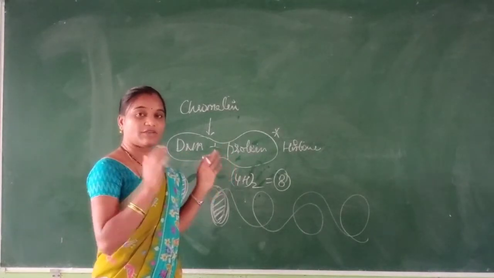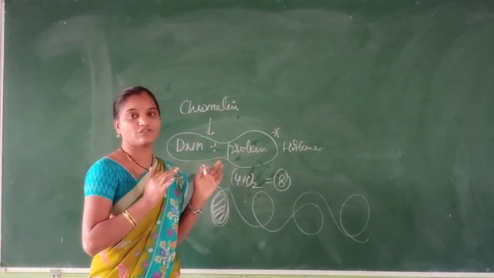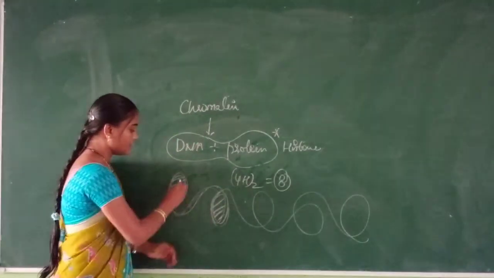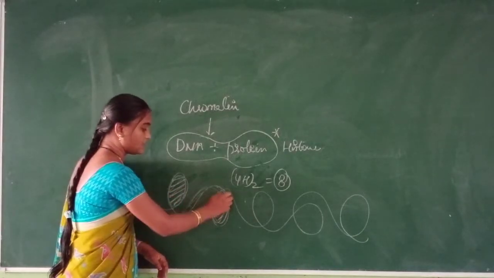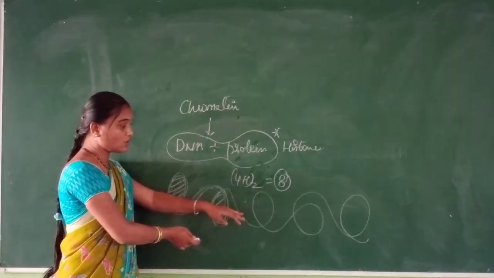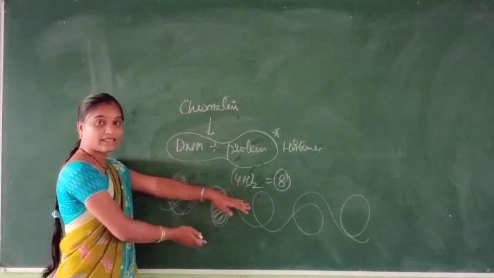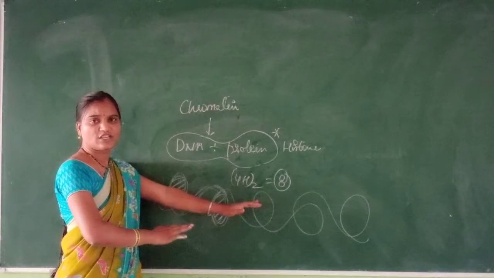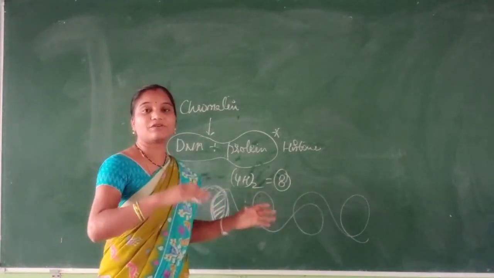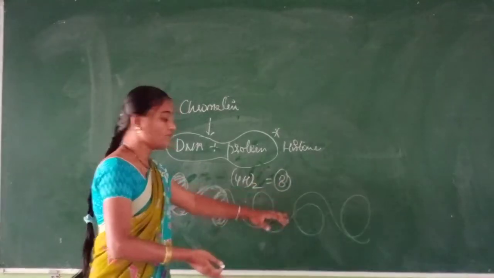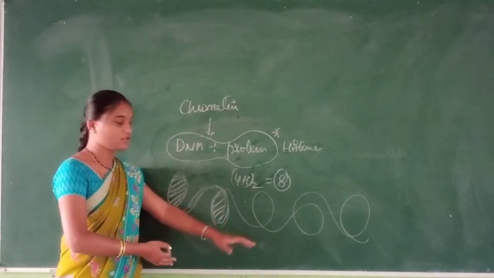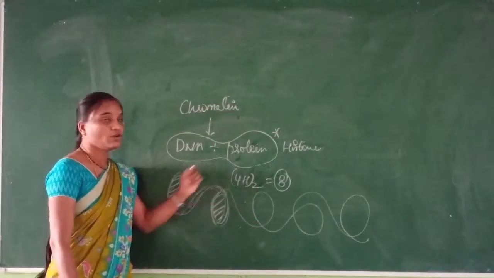In the coming session, I will explain the structural organization of the genome, right? So up to here, you must keep in mind that these are your histones and this is your DNA molecule, present in bead and string form. This is how your chromatin is arranged. It is not much compact or condensed when compared to the coming sections on chromosomes and chromatids. So this is nothing but your chromatin.